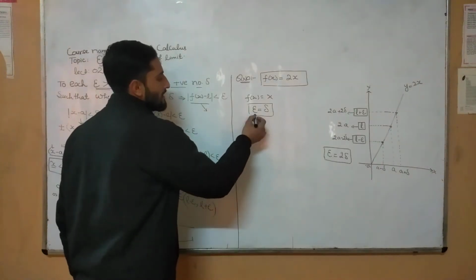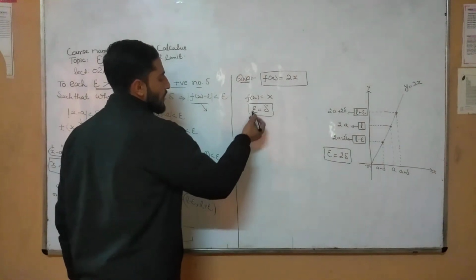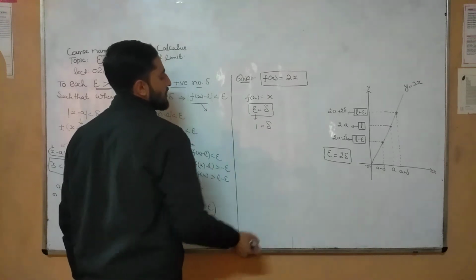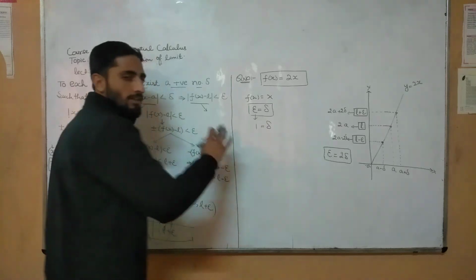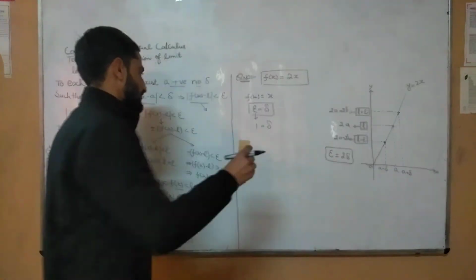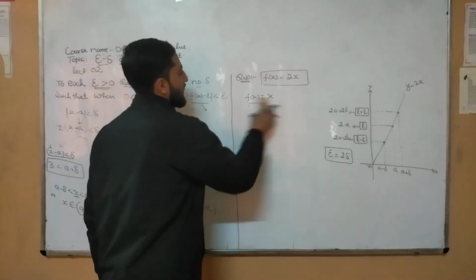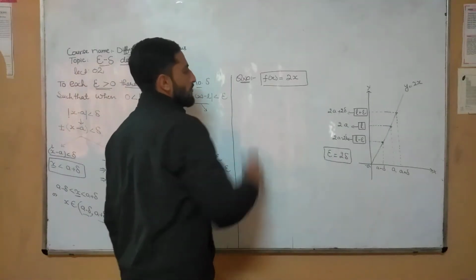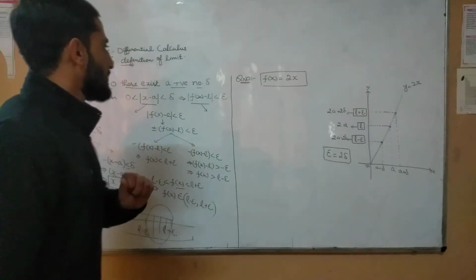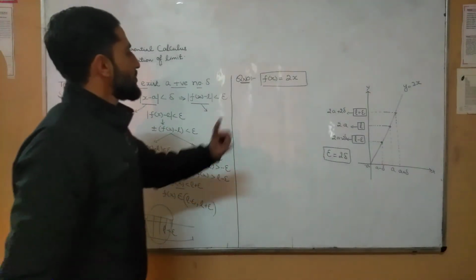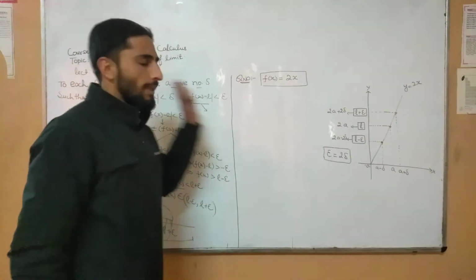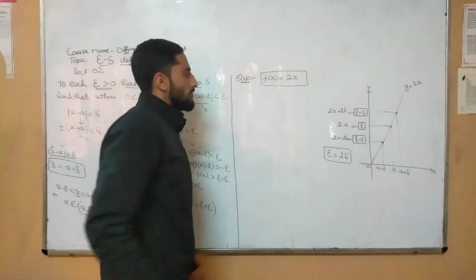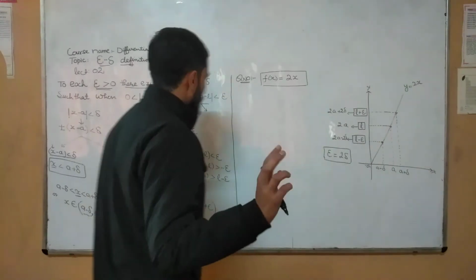If we take the value of epsilon as 1, then similarly delta is equal to 1, meaning both are equal. Now in this function we talk about what is the relation of epsilon and delta. So now what is our approach here?